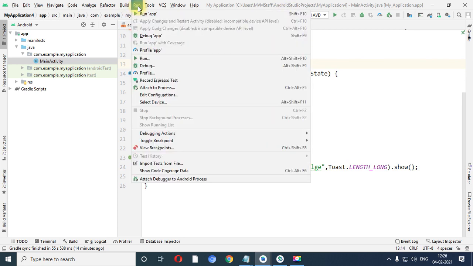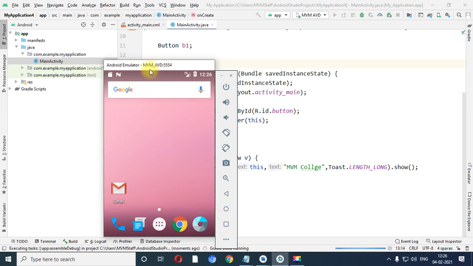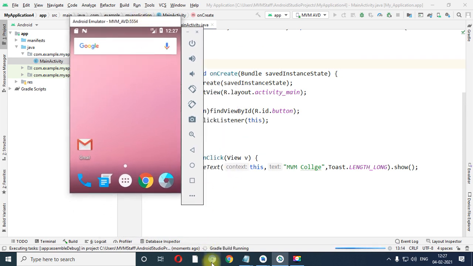Now let us run the application by clicking on the run button. My AVD is already started, so I need to click on that AVD. This AVD we have already created in the first session. Now whatever the process is going on, you can check it from the status bar.